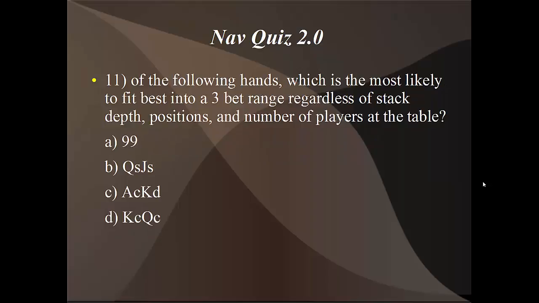And number 11, of the following hands, which is the most likely hand to best fit into a 3-bet range, regardless of the stack depth, regardless of positions, and regardless of the number of players at the table? Pocket nines, queen jack suited, ace king offsuit, or king queen suited. So which hand are we most likely to want to 3-bet regardless of the situation? I mean, if we just have to pick one hand,